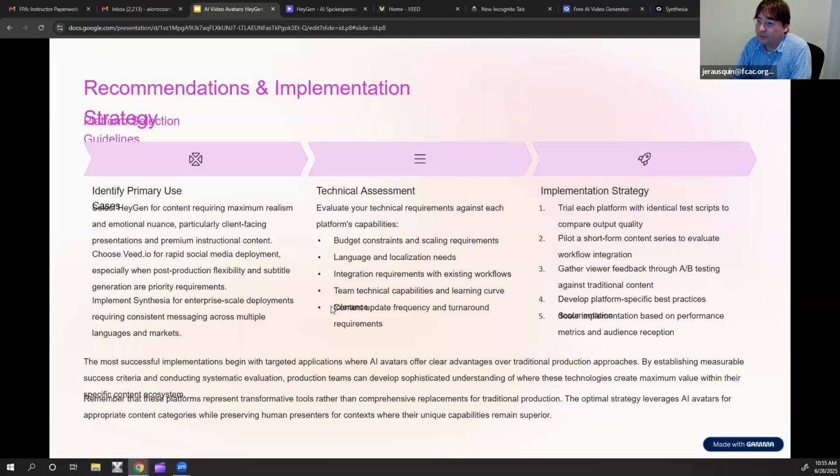And if your turnaround is gonna be frequent enough to have the need to use these AI avatars to generate your videos, so if you're gonna be constantly generating content on a regular basis, then the cost benefit of using the AI avatar is worth the investment, obviously. And then you have